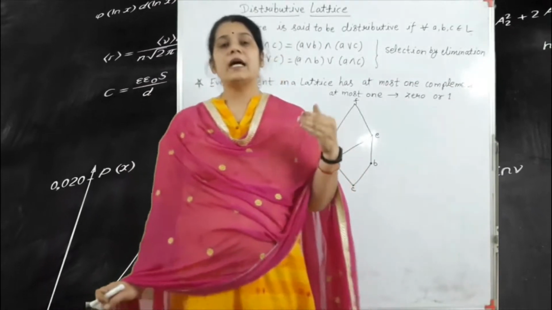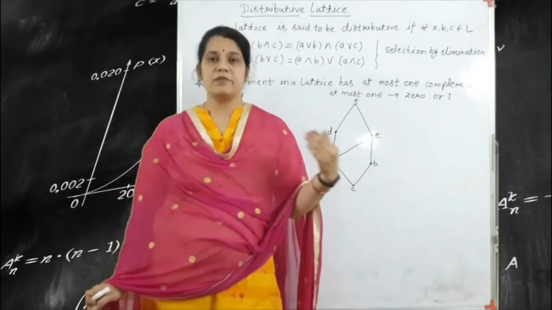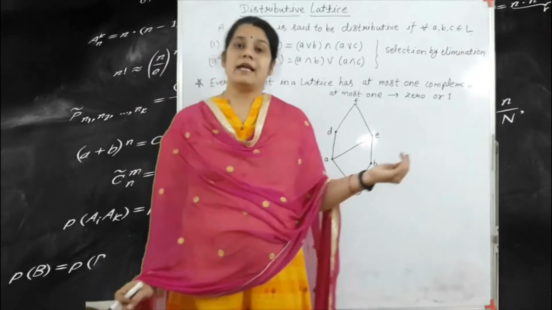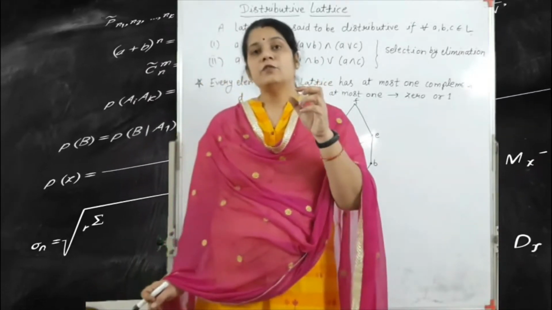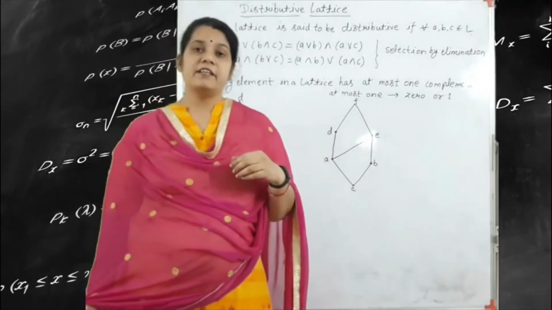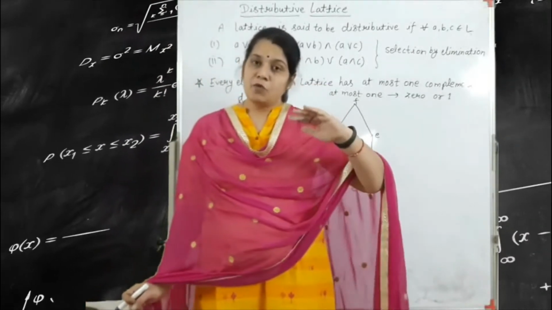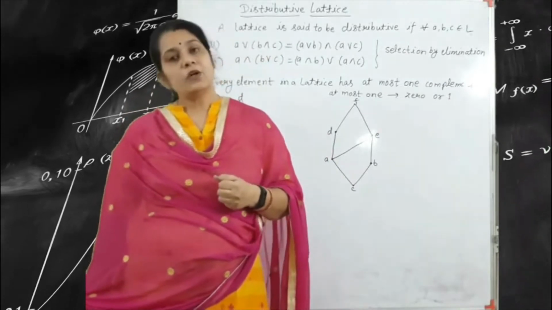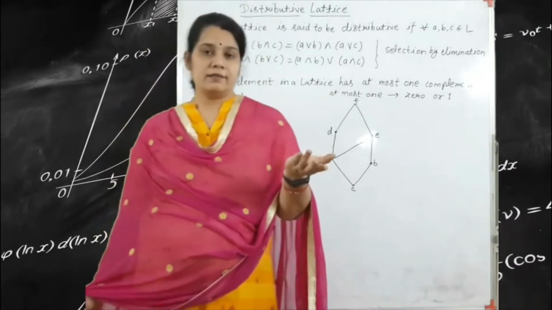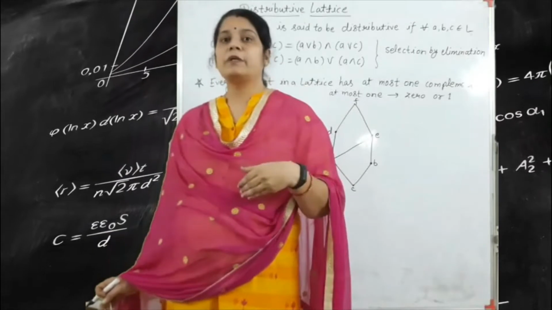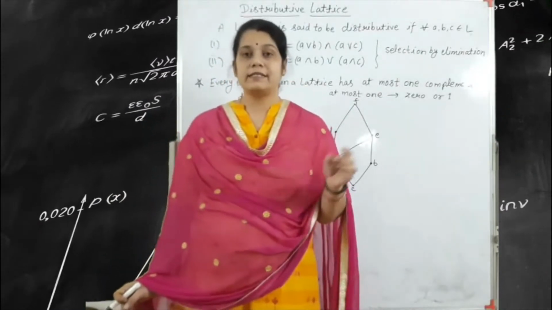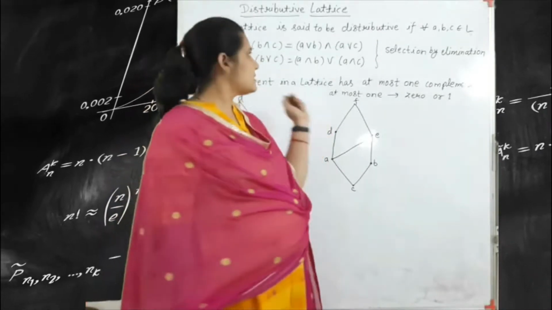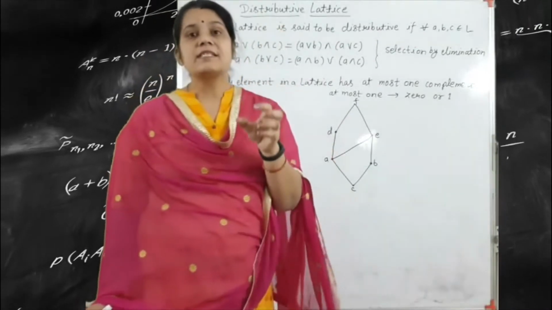With the help of the complement of a lattice, we have already seen different types of examples in our last lecture. According to those examples, we found that some elements have more than one complement and some elements do not have any complement. So we have two types of lattice, the distributive lattice and the complemented lattice. Let's start with the distributive lattice.